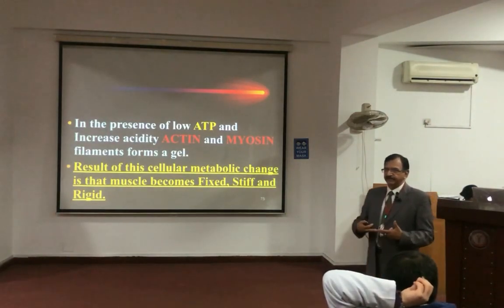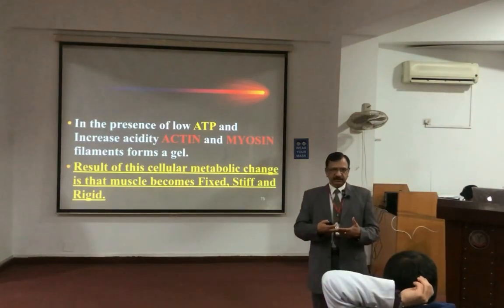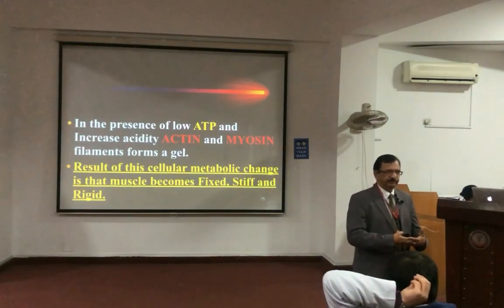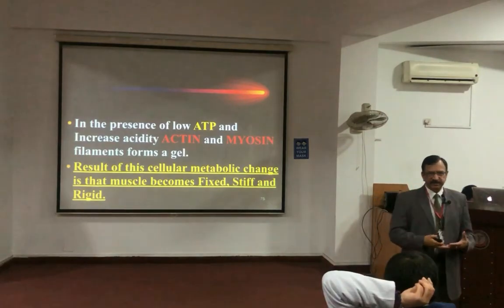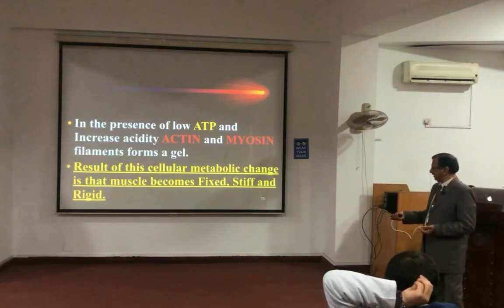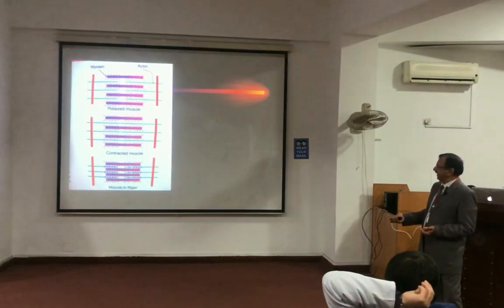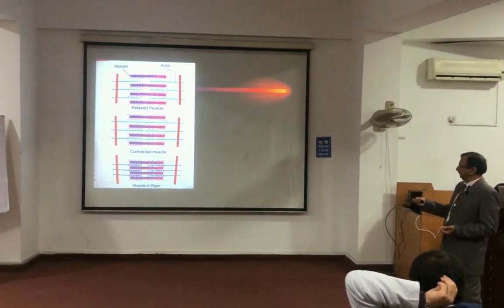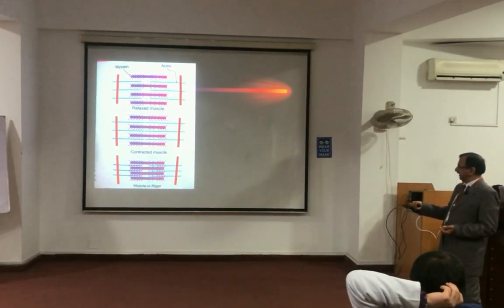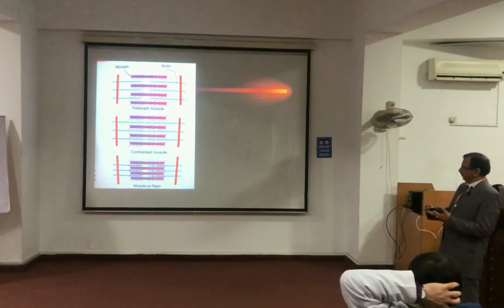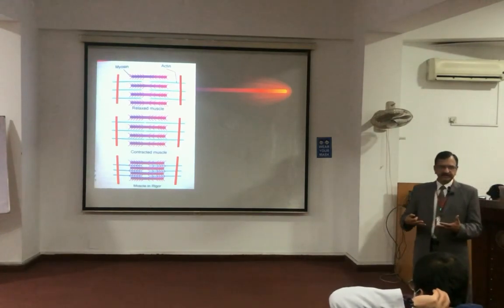The actomyosin filaments are not moving, they are not being pushed apart, neither are they being contracted, and in an intermediate stage, it is an actomyosin gel-like structure, they become stiff, fixed, and rigid. This is the relaxed state, and this is the contracted state, and this is an intermediate shape, and you can see the cross linkages, they are